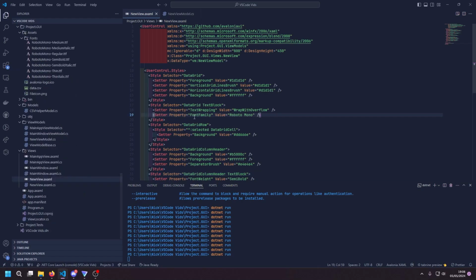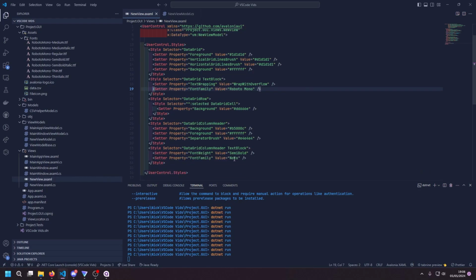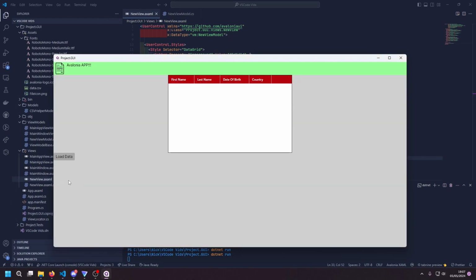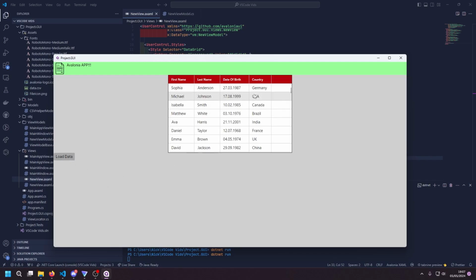You see we've already selected the font family property in our setters for the text blocks, Roboto Mono and Noto for our headers. And that is all we have to do. So if I change the view, load my data, you can see in the date of birth here, where we're actually working with numbers, that is where the monospace font shines, because all the numbers, be it a 1 or a wider number like a 2, have the same width in this font,